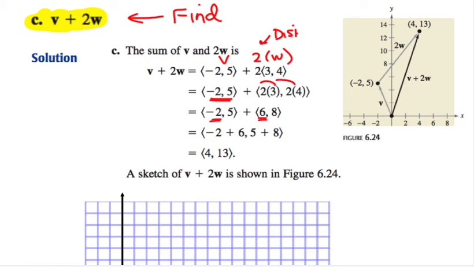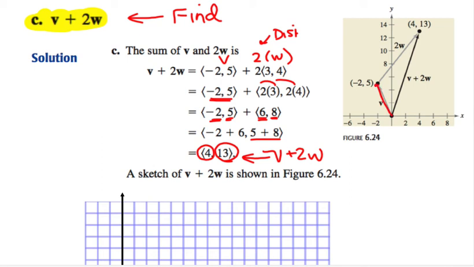Negative 2 and 6 gives us 4. 5 and 8 give us 13. So this will be our new vector, v plus 2w, in component form. Graphically,